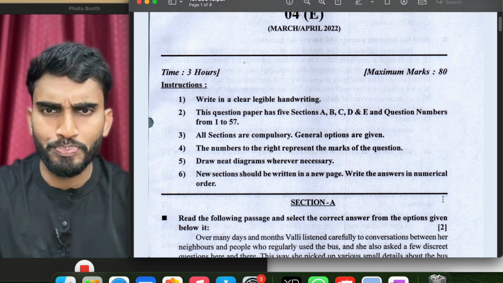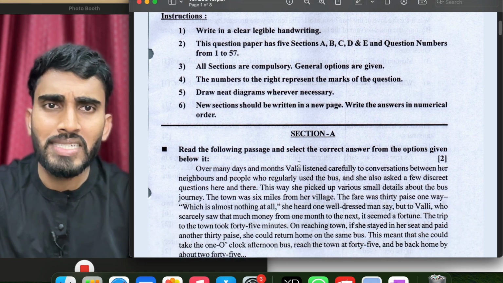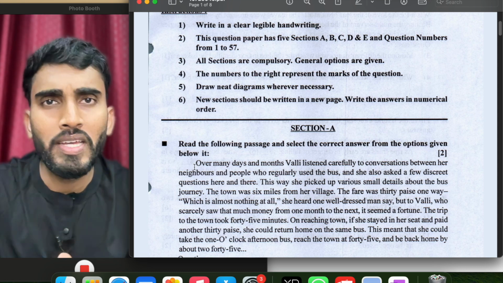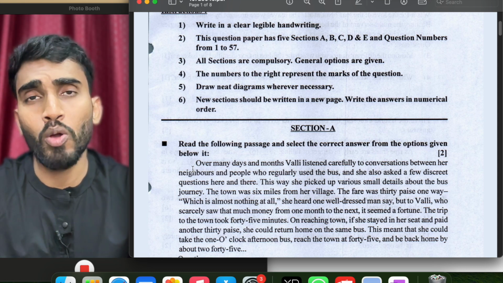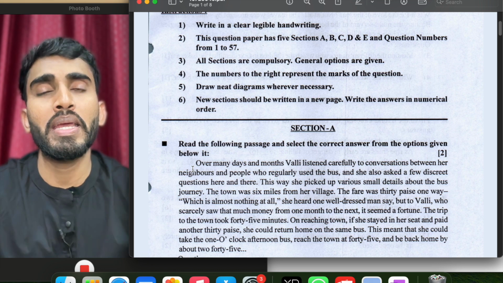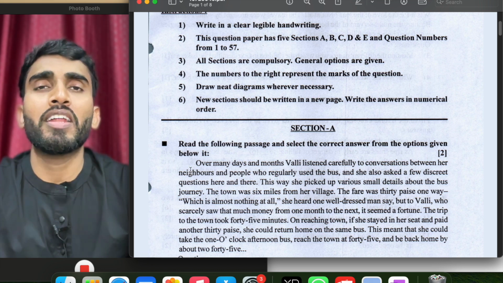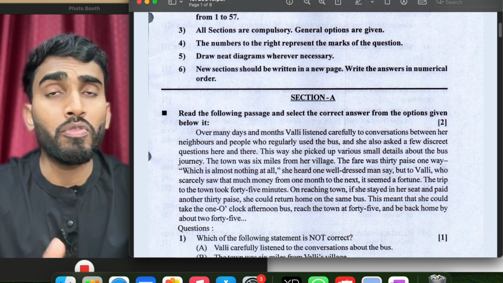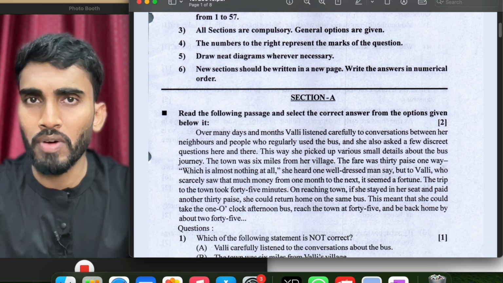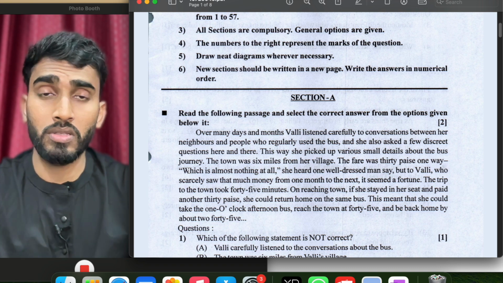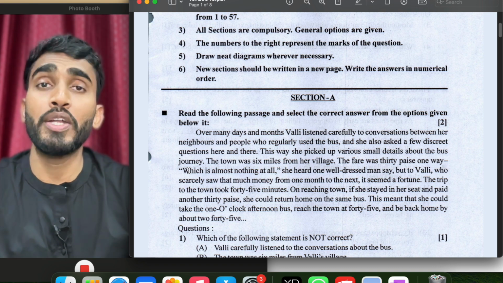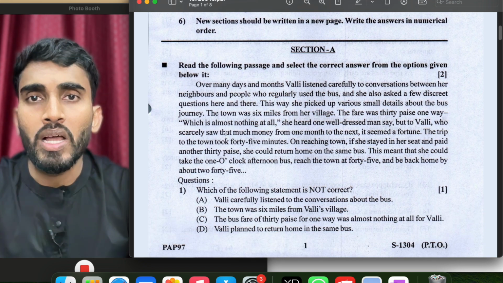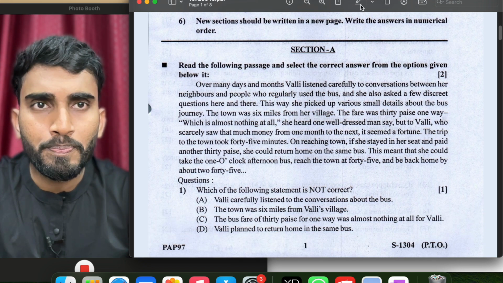So here you see what section A is going to start with. So yes, section A will start with a comprehension part where you will be given a paragraph, and this paragraph will be from any unit of your First Flight. What you have to do, first read the paragraph carefully once, though you know about the story, but read it once so that you avoid doing mistakes. So the passage says that